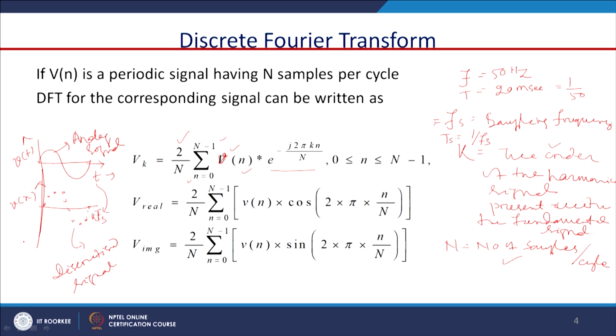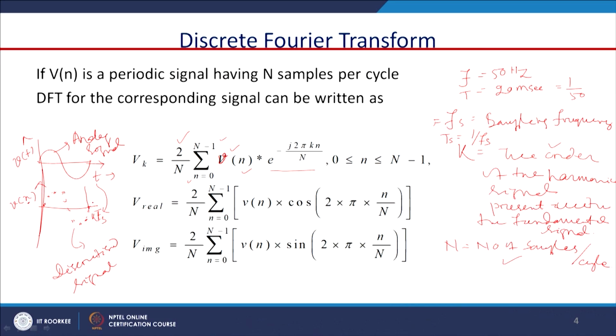Now, this n stands for the number of samples we have taken for a particular period. If I take 2 seconds, and for 1 second 1000 samples, if I take the sampling frequency as 1 kilohertz, then if I consider 2 seconds there are 2000 samples per 2 seconds. So if my sampling frequency is 1 kilohertz, in that sense 20 samples per cycle is our number of samples, that is N, and this t stands